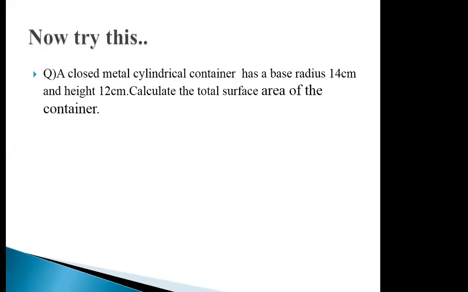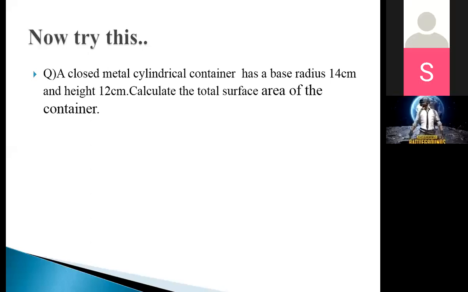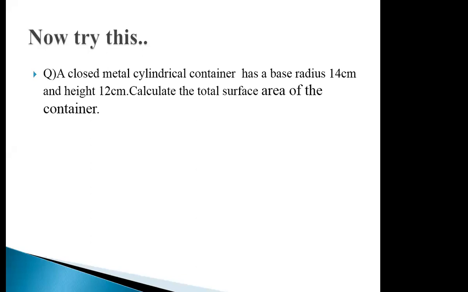Okay, so I was repeating, when you draw the cylinder, imagine you are separating all the shapes, right? So you get two circles, that forms 2 pi r square, isn't it? And when you start opening the curved surface, it will form into a rectangle. You know that rectangle's formula is length into breadth. The length is the longest side, and when you again make it into a curved surface, the upper part becomes 2 pi r, the circumference of a circle, right? And the breadth of the rectangle is the height.